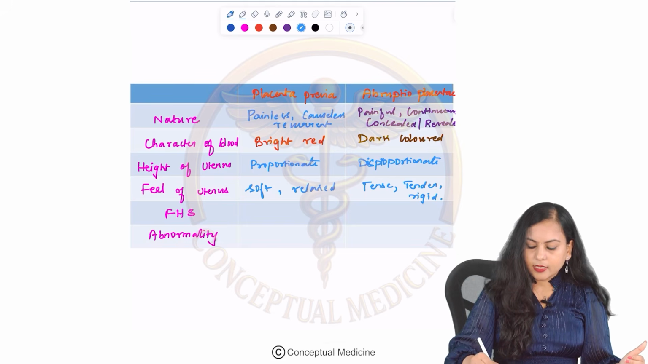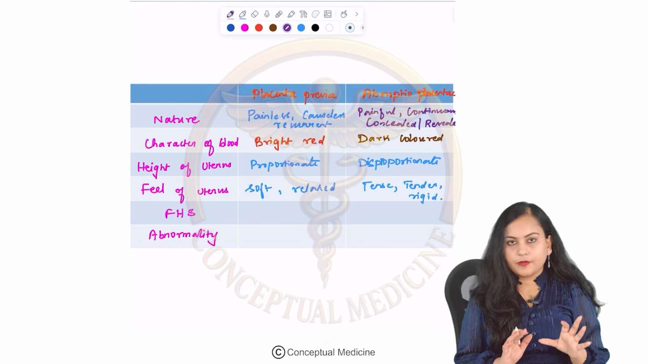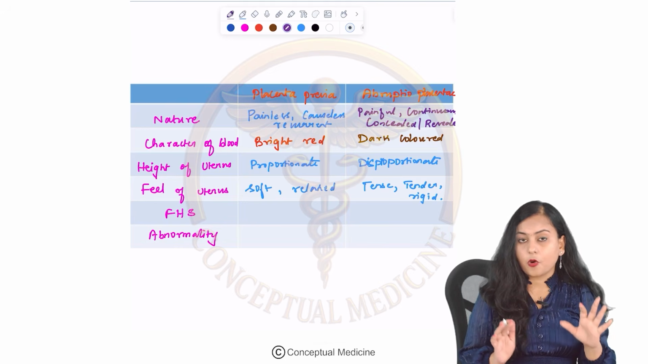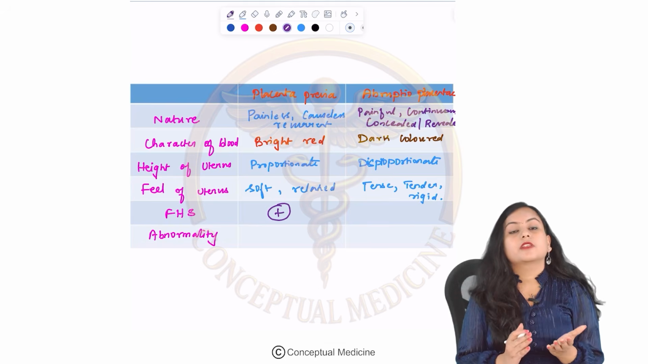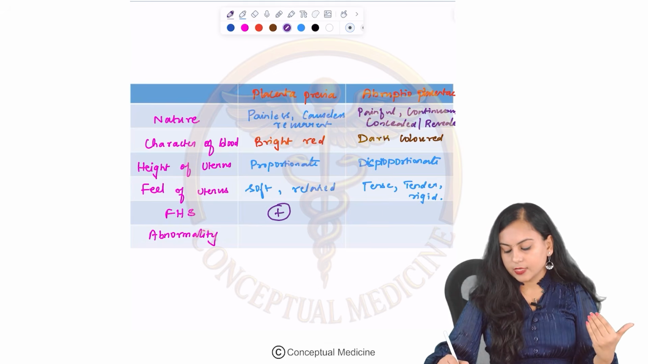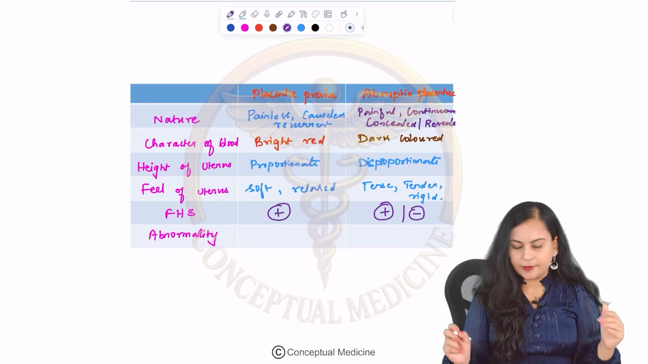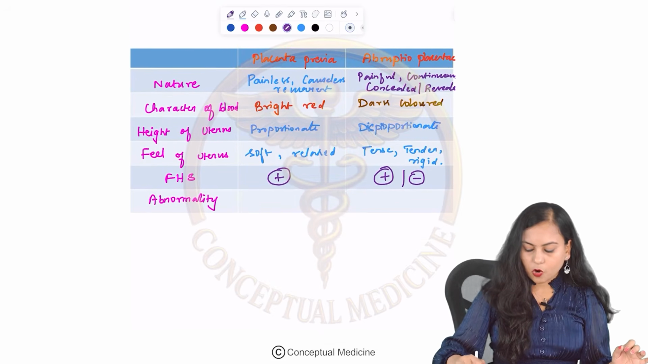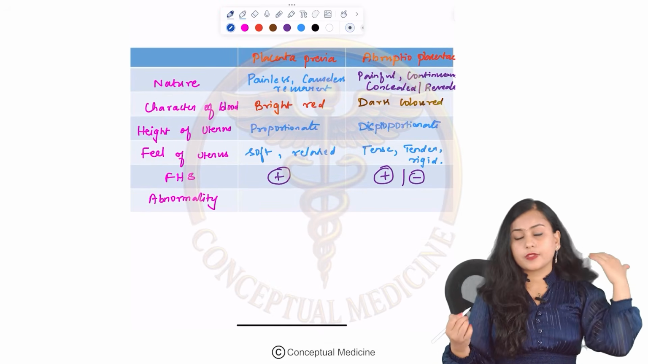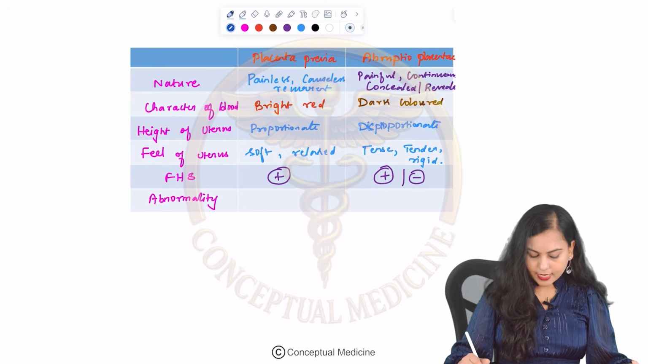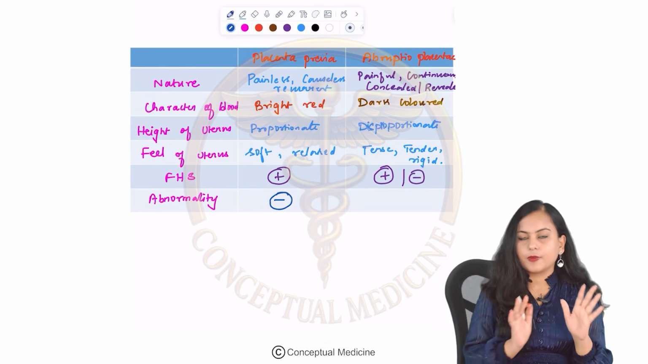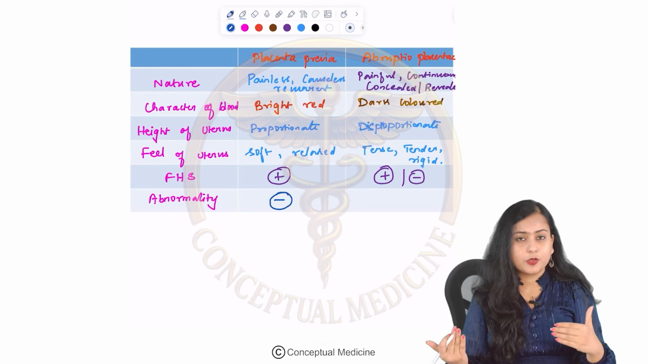And in case of placenta previa, the fetal heart sound is always and always present. Okay. In abruptio placentae, depending upon the grades, the fetal heart sounds can be present or it can be absent. Okay. So, the most common abnormality that can be associated with placenta previa is nothing. So, mostly there will be nothing associated with placenta previa, but in abruptio placentae you have